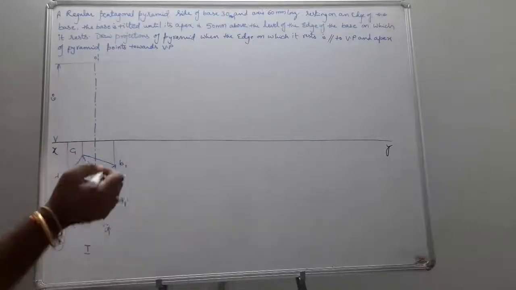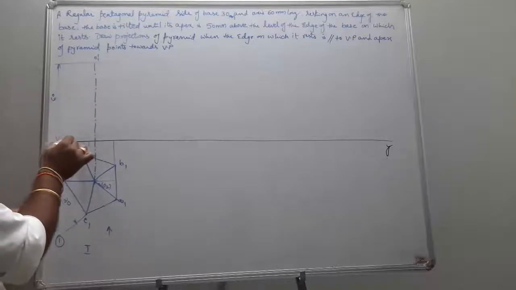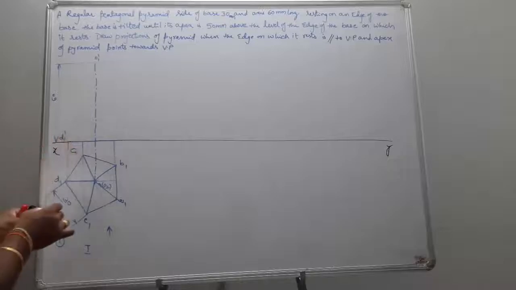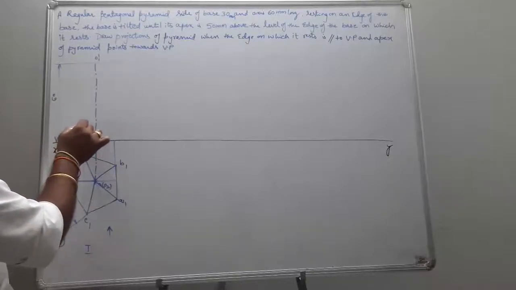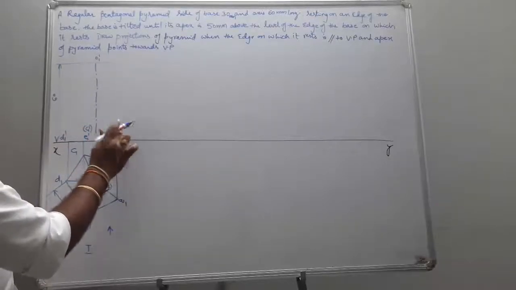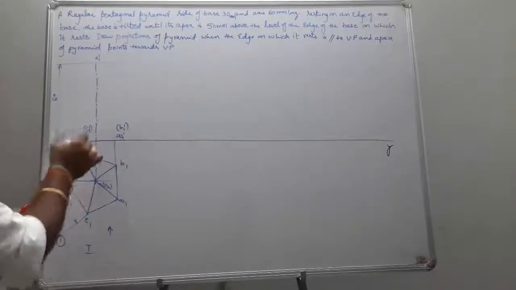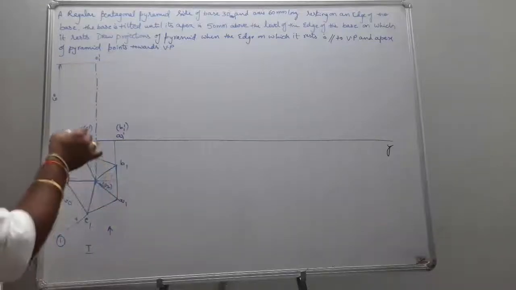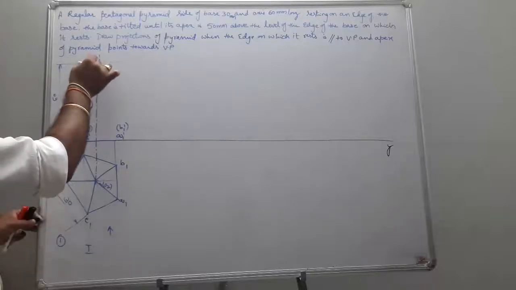Base is resting on HP. When you are seeing from the front, the base points come on XY. So this becomes your D1 dash, this becomes E1 dash, C1 dash, and this becomes A1 dash, B1 dash. So D, E, A are visible corners. C, B are invisible, but those are hidden with the visible solid lines. So this was